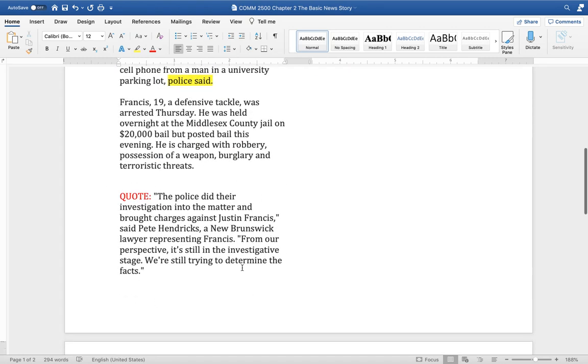This is your quote, right? You have quote marks around it. Notice that at the end of a quote, before your attribution, there is a comma. Everybody forgets the comma. Punctuation goes inside the quote mark. Commas go inside the quote mark. Punctuation goes inside the quote mark. Here, the period goes inside the quote mark.